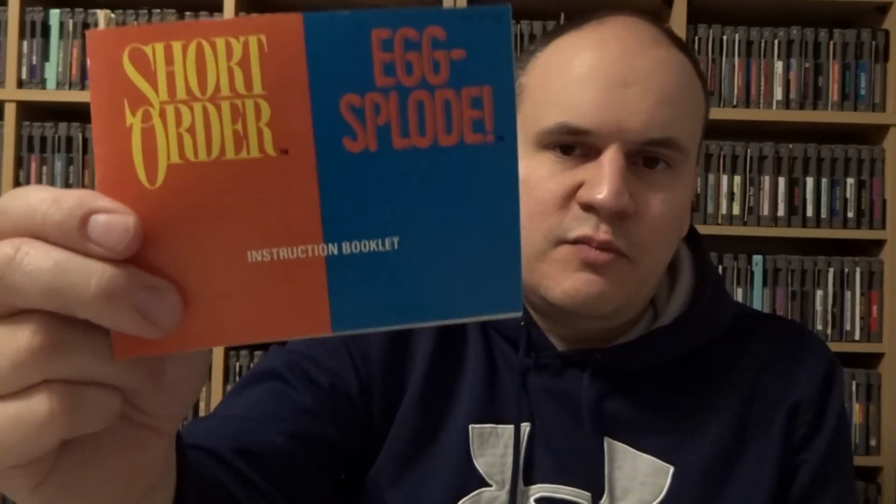And the rest of these are pretty much just standard size manuals. So I have Short Order Eggsplode, Eight Eyes, which is a cool Castlevania clone, Barbie, World Games, Winter Games, Win, Lose, or Draw, Where's Waldo, Super Team Games, John Elway's Quarterback, Lee Trevino's Fighting Golf, Iron Sword, Wizards and Warriors 2, Tiny Toon Adventures, Tetris 2, Track and Field 2, Destination Earthstar, Tag Team Wrestling, Wheel of Fortune Family Edition,